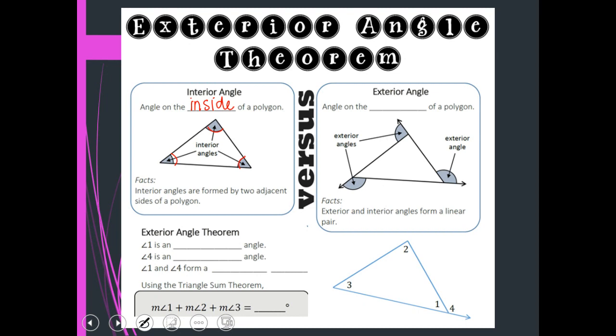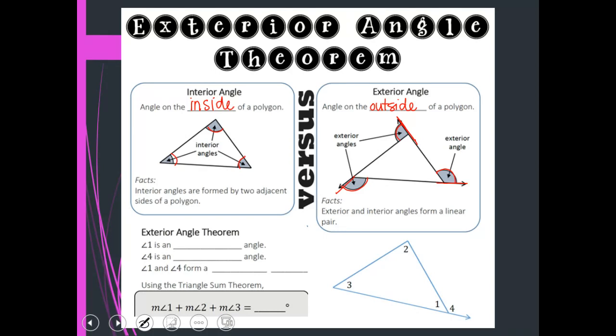An exterior angle is an angle on the outside of a polygon. So right here, you see how this line keeps going and creates this angle? So if our lines were to keep going, they would create these exterior angles. So if we look at our example down here,